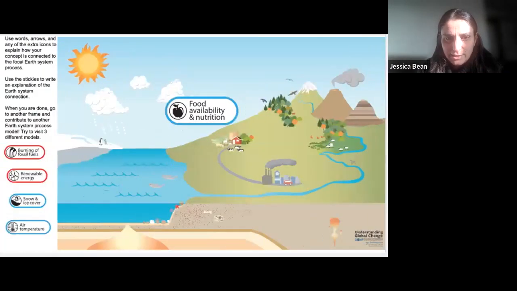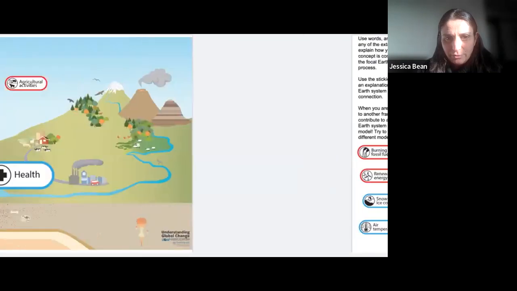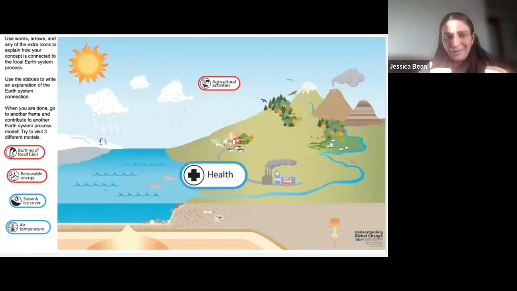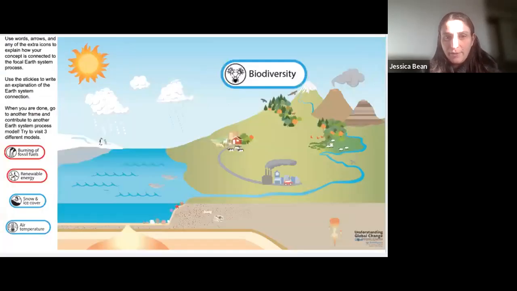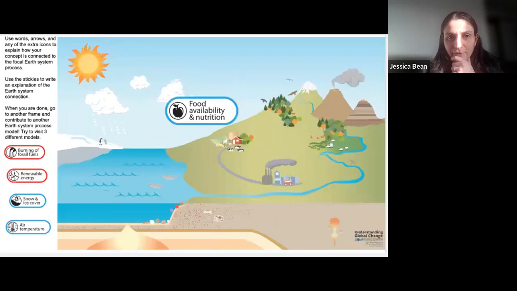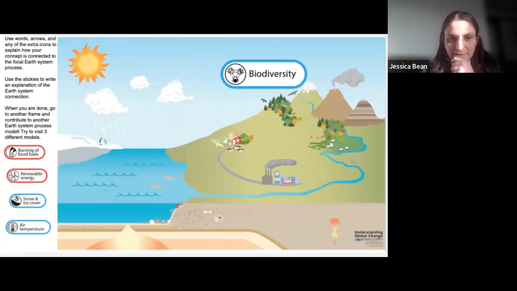So again, this is a really great activity that you can do with your students that really gets them to stretch their thinking about all of those Earth system connections. What do they know? What do they think they know? What do they maybe want to know? And also allows them to explore different aspects of the system. And you could make each of these pages about a particular topic or a phenomenon that you've explored in your class. And so you could add more and more icons and topics over time. There are lots of ways of doing this.